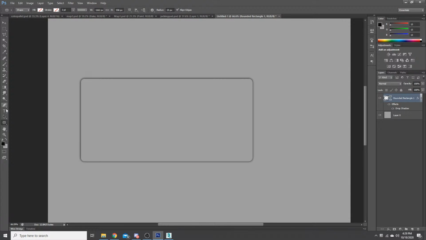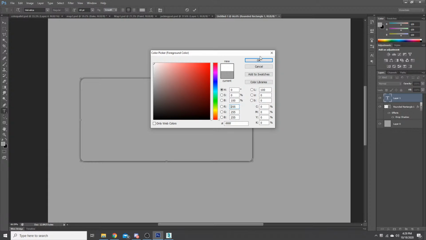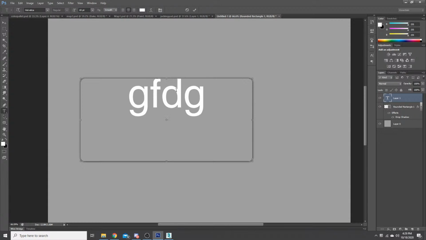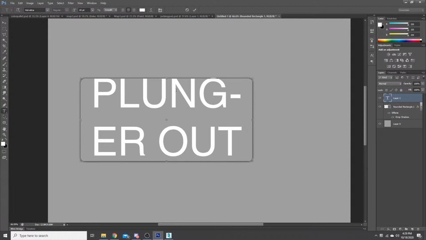Now we need the text for this. And I think I'm just using Helvetica. Is that? All right. And then I want the text to be white. There we go. Oh, it's all capital letters. Leave that caps lock on. Plunger out.